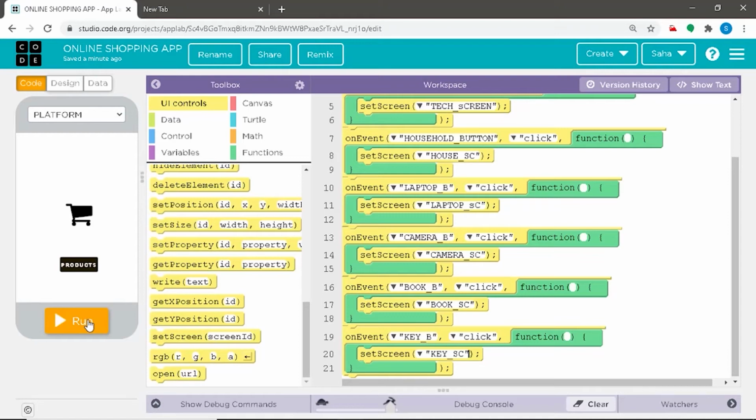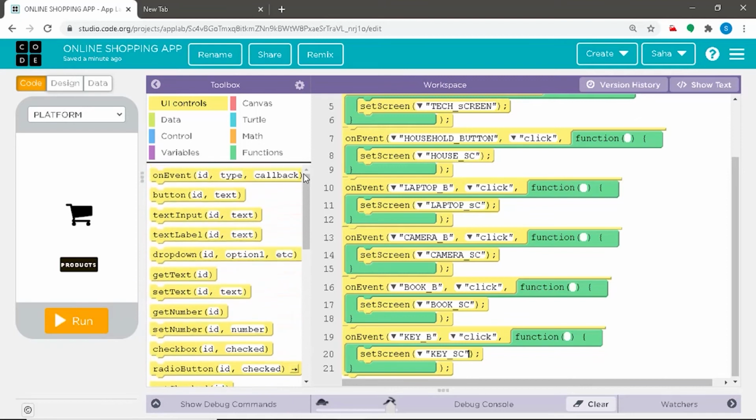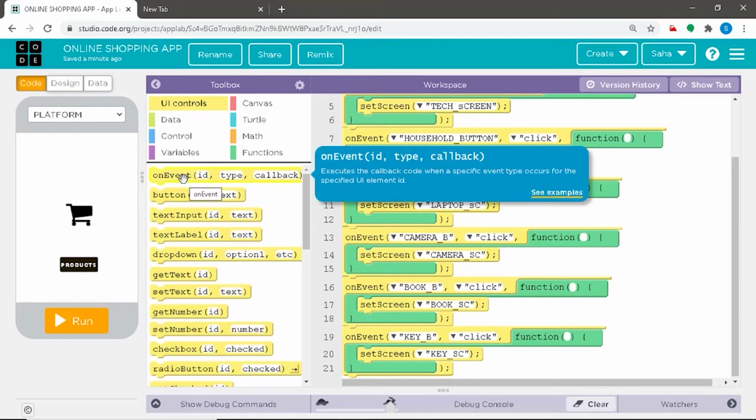If you have observed, the back one button, which is on the category screen, takes us to the platform, because the category screen previous screen is the platform screen. So now basically we will be allotting these back buttons so that the user can switch to the previous screen and again review through his options and click on the other options.